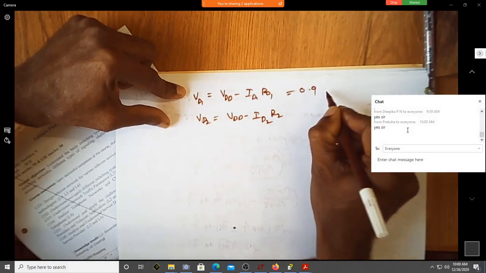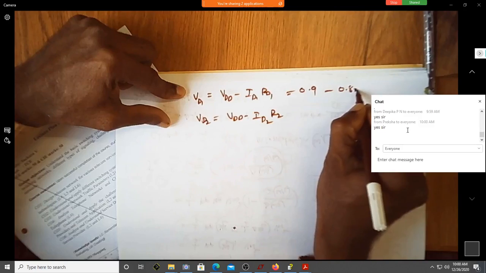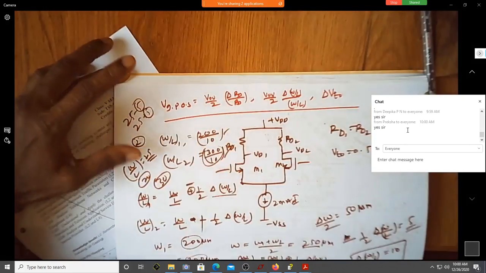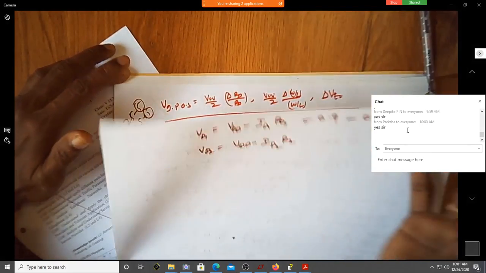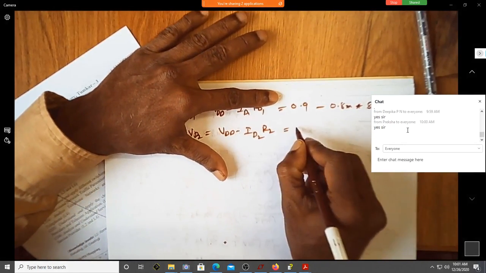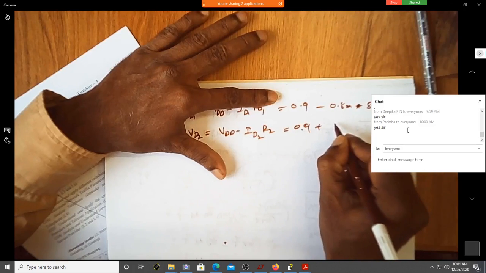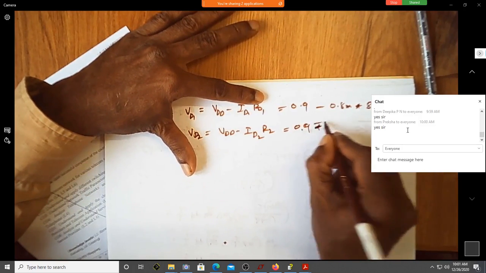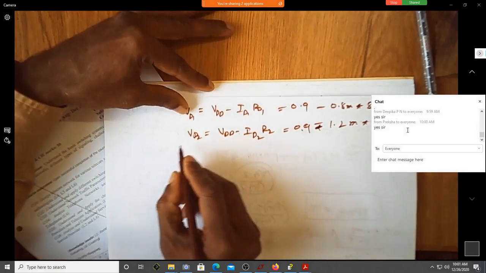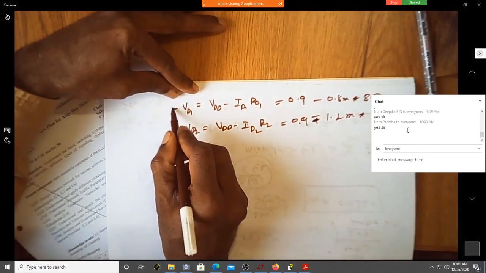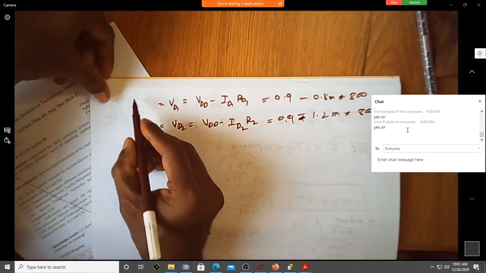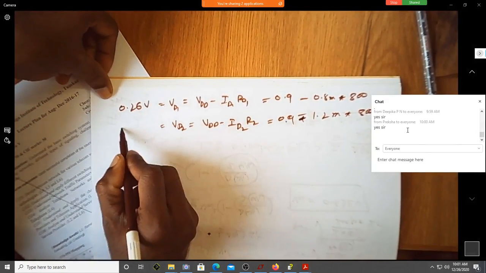This is 0.9 minus 0.8 milli multiplied by, how much was RD1? 800, correct? And this is 0.9 minus 1.2 milli multiplied by 800. Can you give me VD1 and VD2? 0.26 volt,